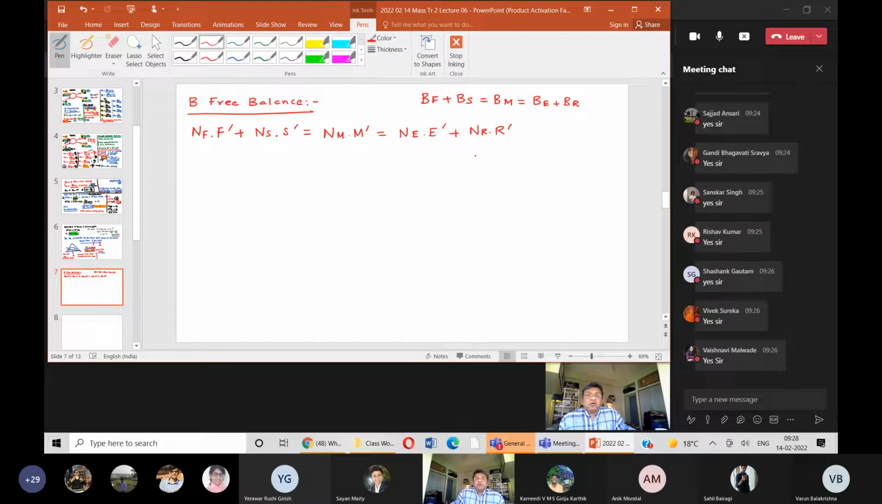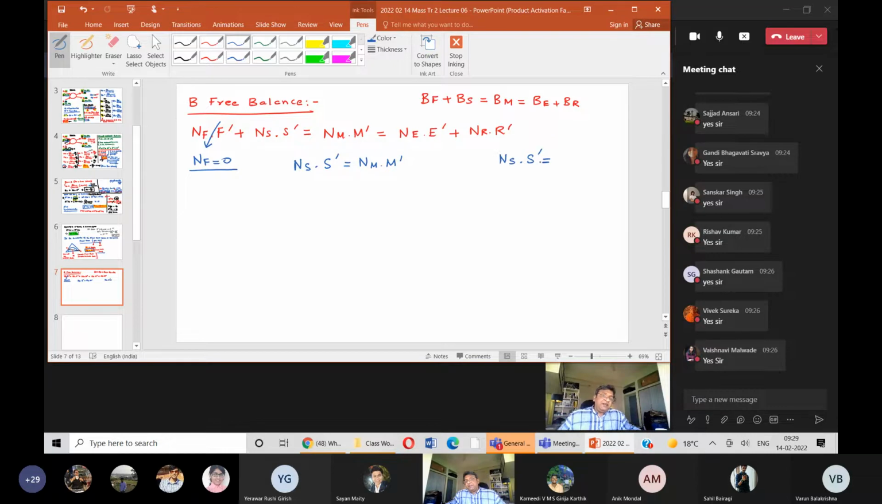Now we know what is the stuff we know. NF is equal to 0. So this term goes away. So we are left with NS into S dash is equal to NM into M dash. Now here again, there is a little bit of assumption. There's a second assumption that comes in here. What is that assumption? Now we know NS into S dash